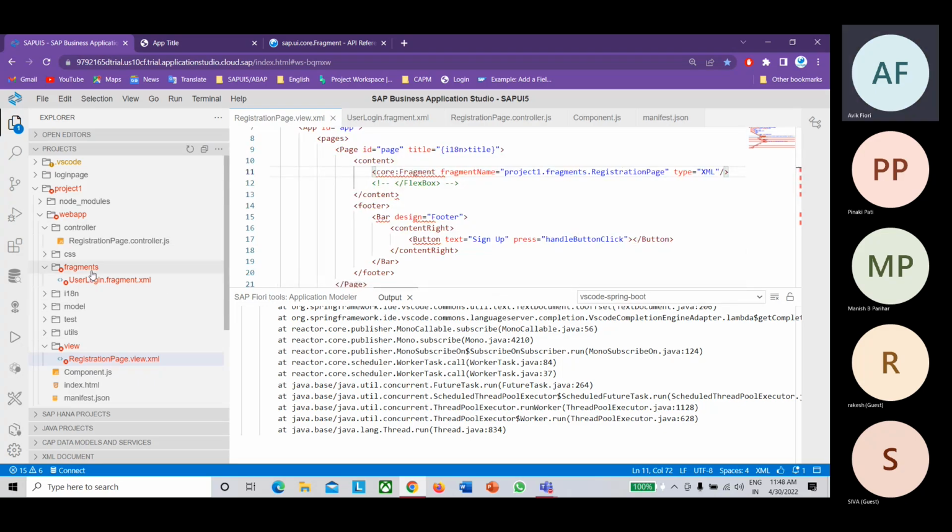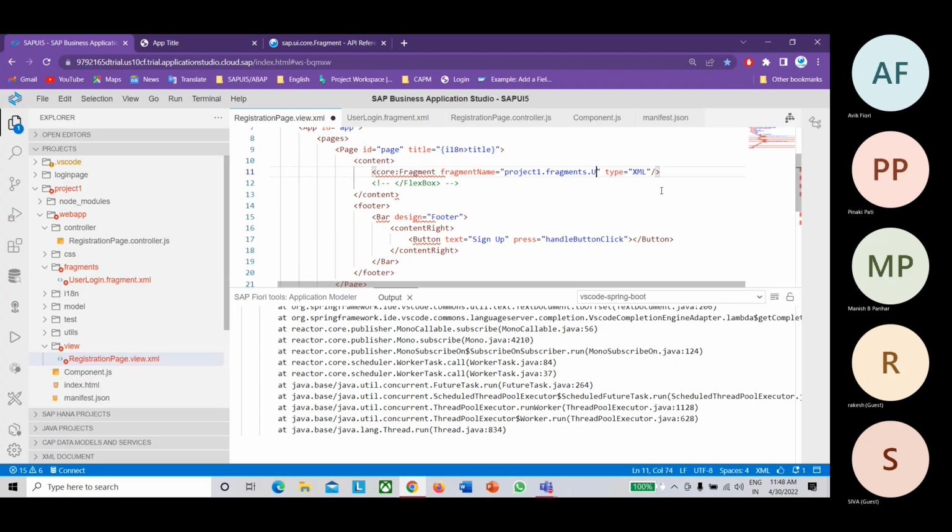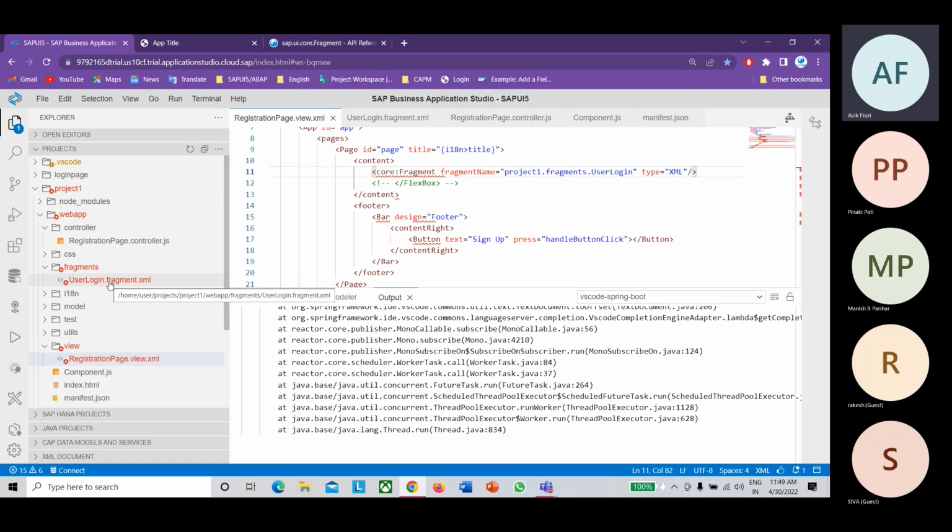This is our fragment folder and the name of the file is user login. You don't have to provide the extension. It's internally managed. You don't need to provide the extension of the fragment file.